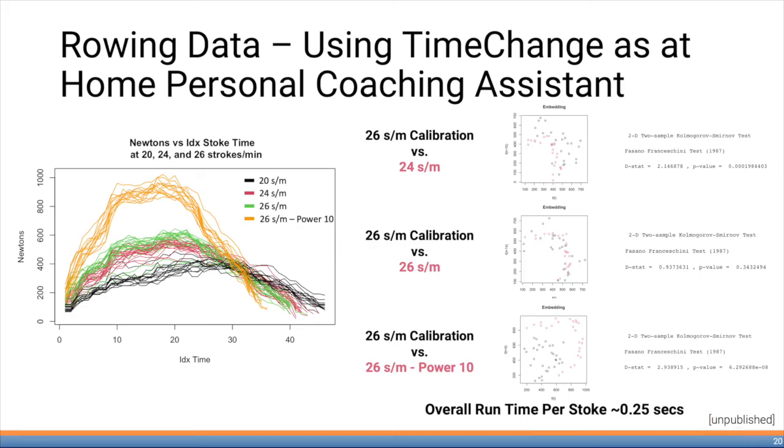One could thus imagine a scenario in which a remote trainer sets an ideal force curve for an athlete as defined by optimal rowing technique. Time change would then act as a real-time feedback system for the athlete to determine if they were maintaining the rowing dynamics required to improve race times.